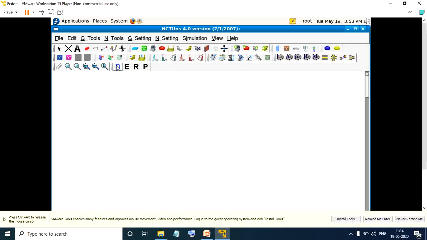So first we will go to the D button. Once I press this D button, we are in the draw mode now. I will be selecting 4 nodes. My nodes are this host. So I will be selecting 4 nodes, 1, 2, 3 and 4. Now, as you might have already seen in your theory classes, if I want to connect these 4 nodes, we require some link in between them. That link we will be using is your hub. So I will connect all these 4 systems with the help of a hub. So this is my hub.